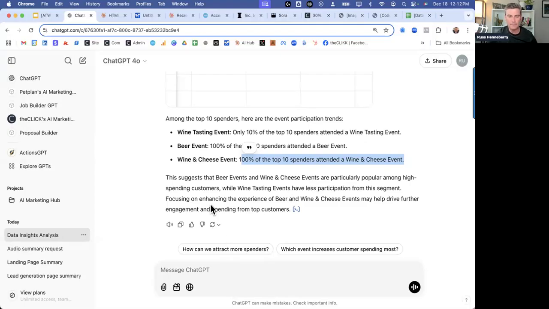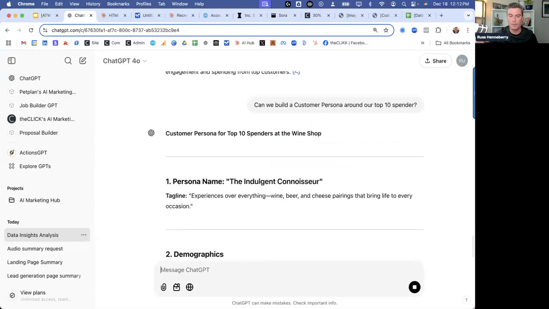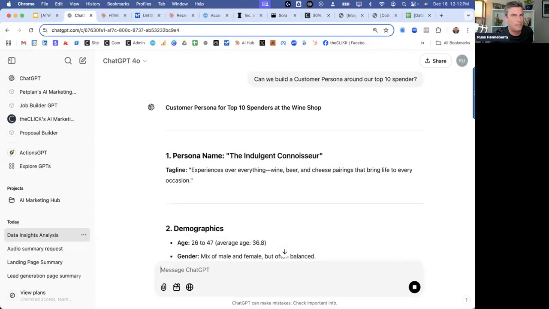But I might be able to dig in here and figure out, okay, can we build a customer persona around our top 10 spenders? And so we might take this a step further. Again, I think I've skipped a few steps here where I would have done a lot more digging around.